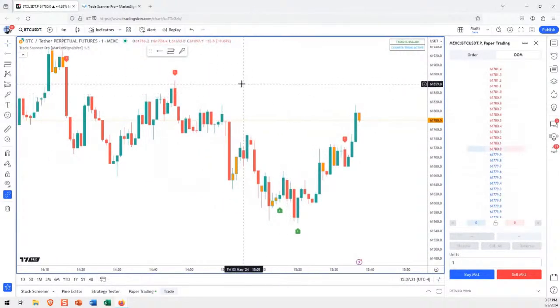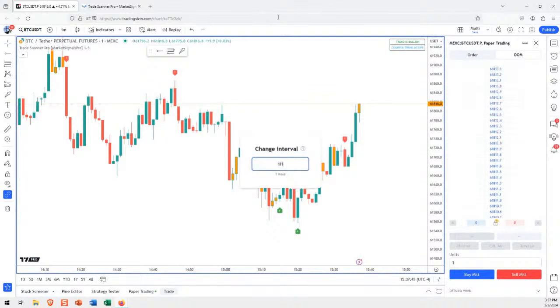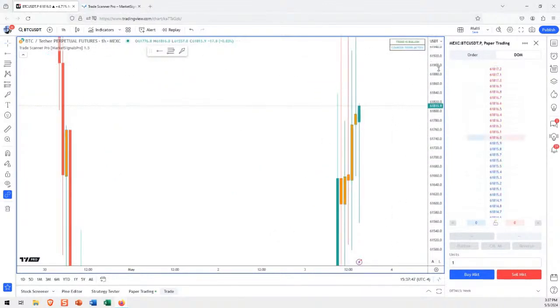Now, let me say something about context. Again, if you're a beginner, it helps if you understand some context. You should at least understand basic technical analysis, such as trends and levels. I talk about this in my training program. It's the first two elements that I talk about. So you want to look at the bigger picture. So we can go to an hourly chart to get a sense of the bigger picture,